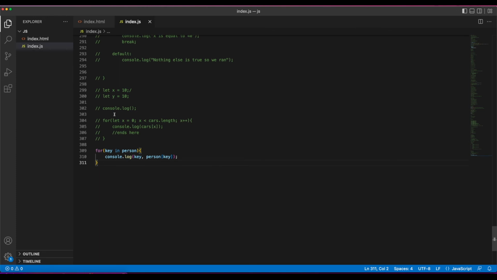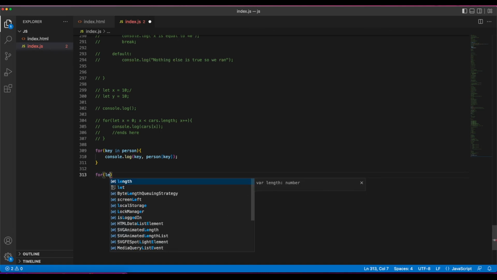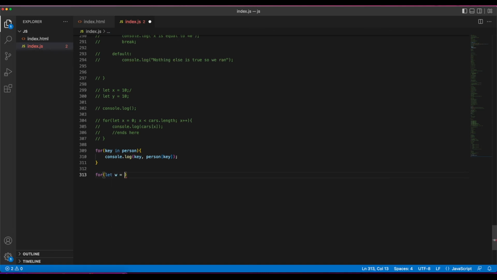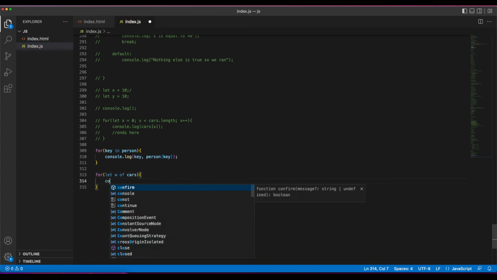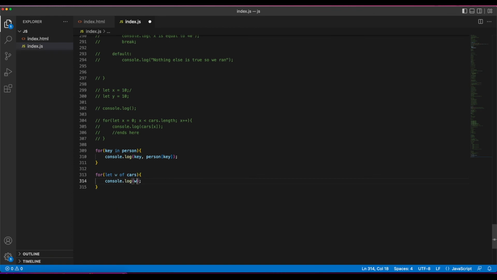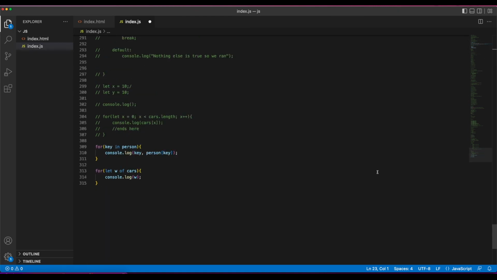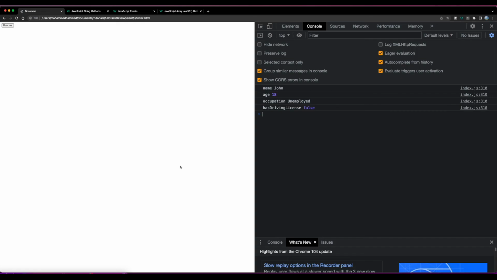It's similar to the for loop, but here instead of the index we get the actual keys within the object. The other one is, let's say w here, let w of, and then we put cars, and we get console.log w. So again, we're using the array cars that we've set up here, and we're trying to use this for loop with of, for of instead of for in. We're using for of. I'm gonna comment this out and check this, and as you can see, this gives you